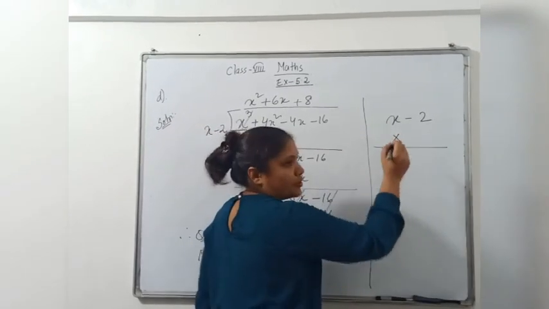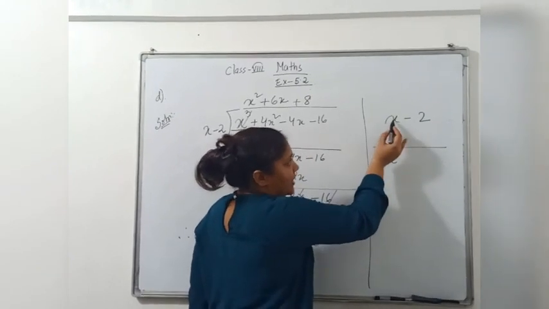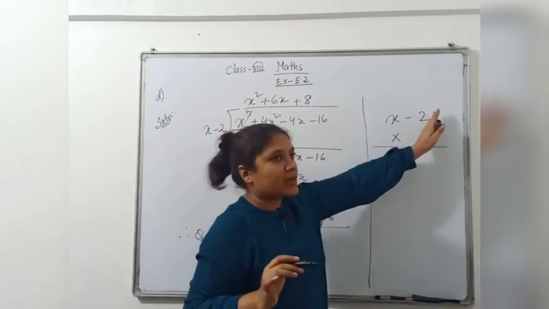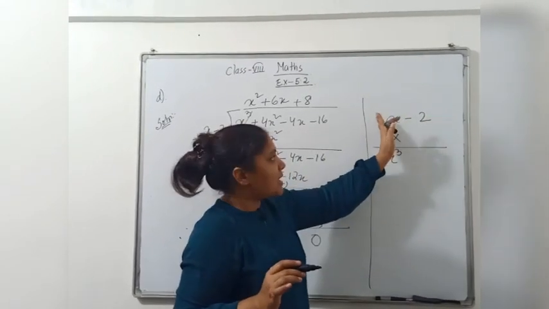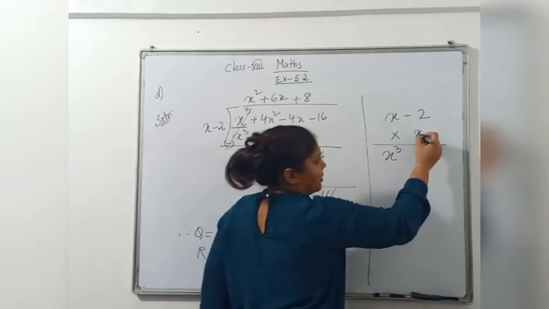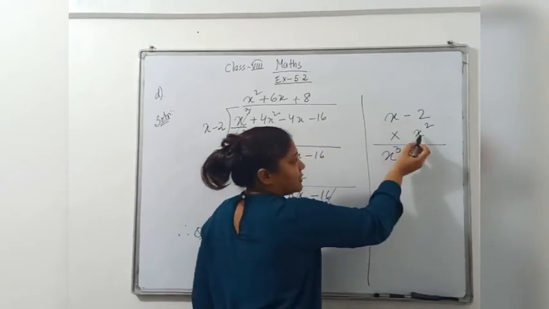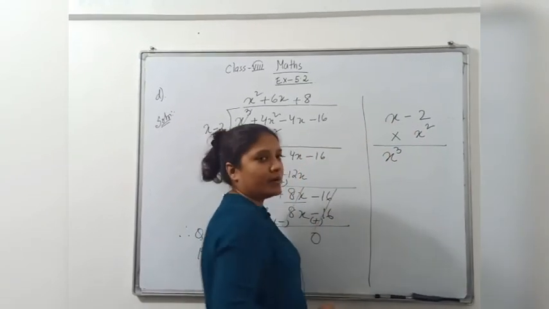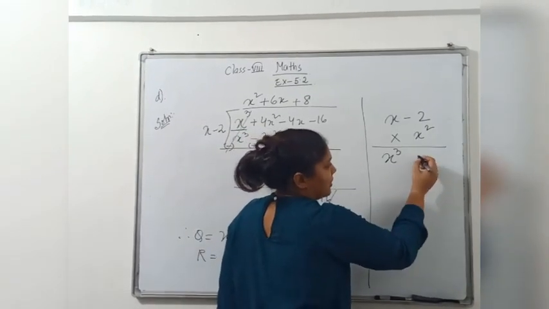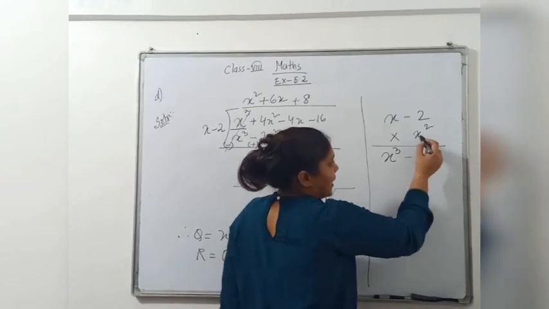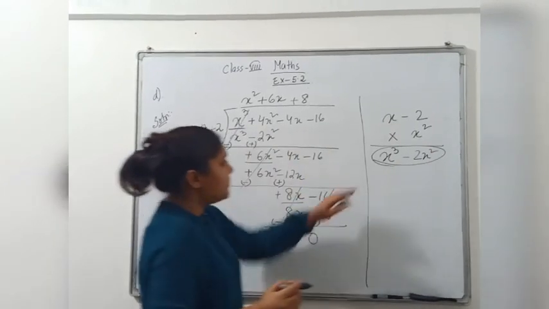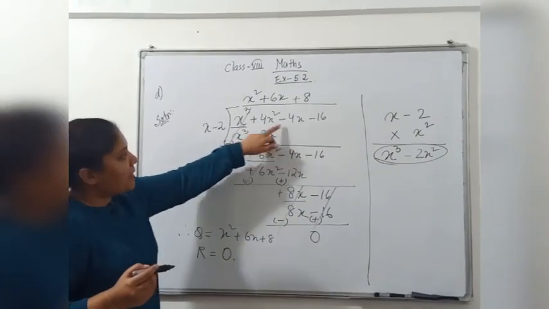Okay? Now what you are going to do? Just see what number you need. In normal multiplication what we do? We multiply from this side, right? But now we are considering this number because we have placed the number here. So what number more you need here? You need x square. If you multiply x into x square, your answer is x cube. Yes or no? So now you just do normal multiplication. X square into 2 is what? Minus 2x square. X square into x is x cube. Now this first line came here as it is.